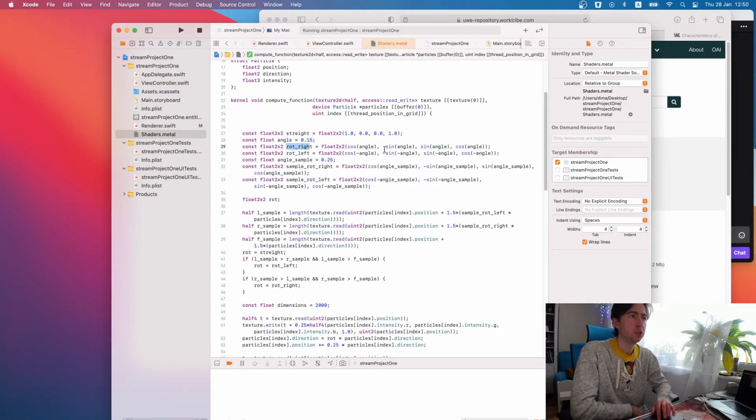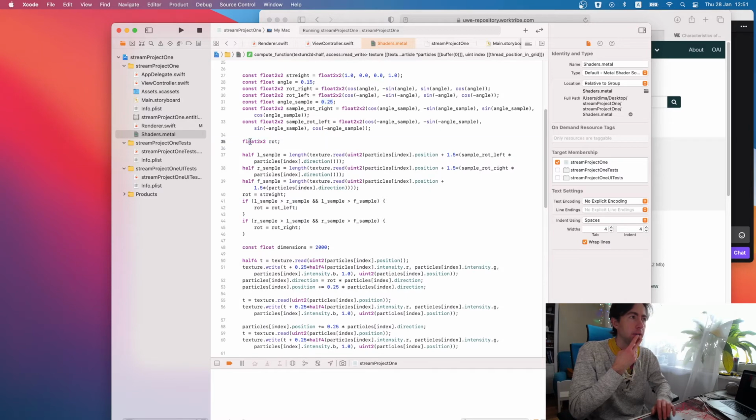So here I'm creating two matrices for rotation right. This is in radians, I guess. This is for rotation left, and this is the angle for sampling. So as you can see, the sampling angle is twice larger than the rotation angle.